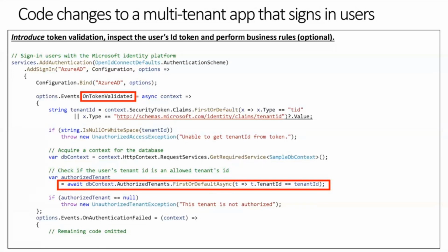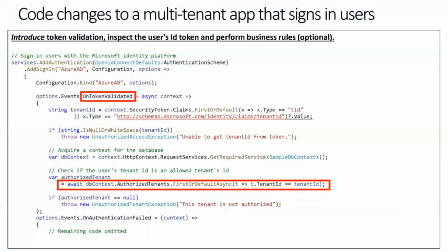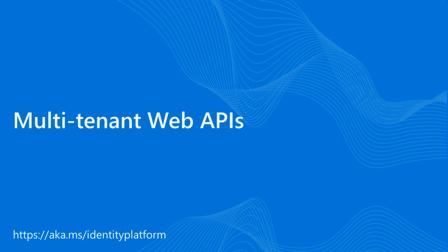We don't want to work with all the 3 million Azure AD tenants. We only have a selected list of tenants that we want to allow users to sign in from. And if the signing-in user's tenant ID is not equal to one of those approved tenant IDs in my DB, I throw an exception and do not let the user sign in. So this also answers one of the questions. Yes, the moment you make your application multi-tenant, you might have to introduce this if you want to control who can sign into your new multi-tenant application.